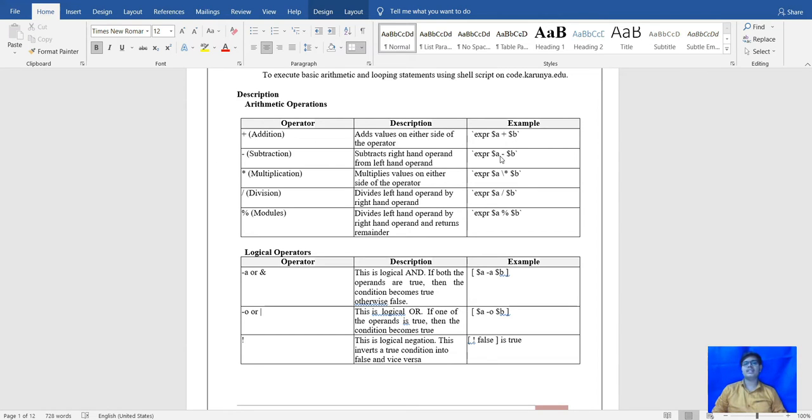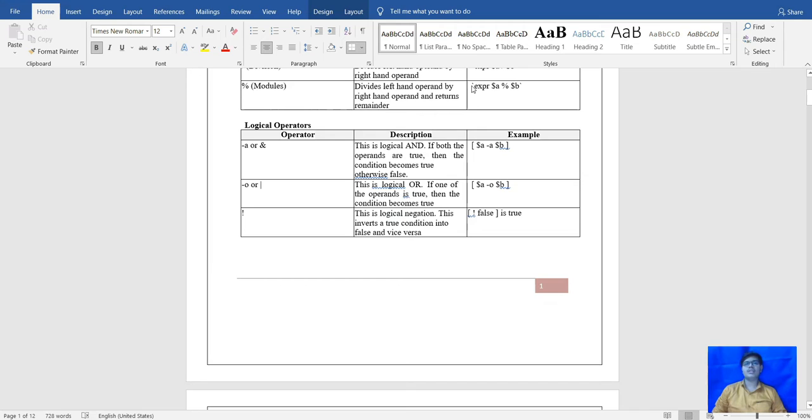So here will be minus, here multiplication, here division, and this will be the modulus operation. For the arithmetic operation, we use addition, subtraction, multiplication, division, and modulus operators. In the programs we are using these operators.